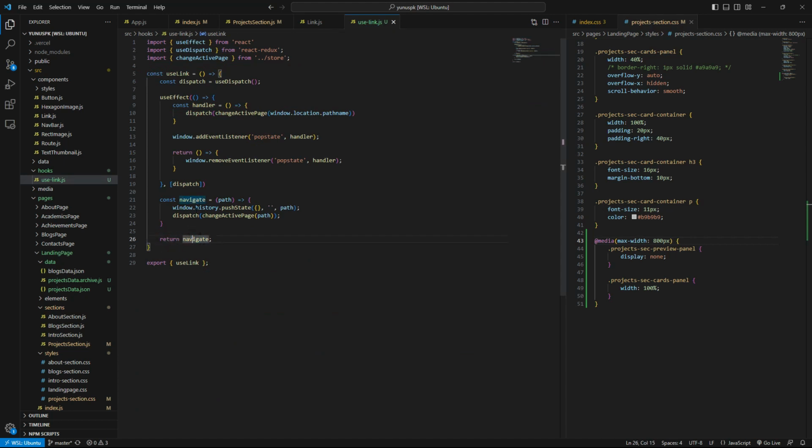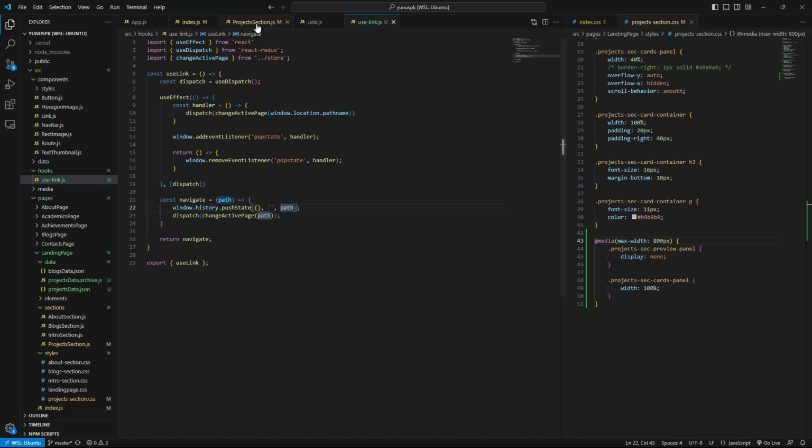So instead of calling that function here and taking any kind of parameters in the hook itself, this code is going to be executed first whenever that hook is called inside any component, and then in this hook we're just returning this function that is eventually called to navigate. This function receives one parameter, and that is path. And if there's any secondary path or something like that, we can just put that in the